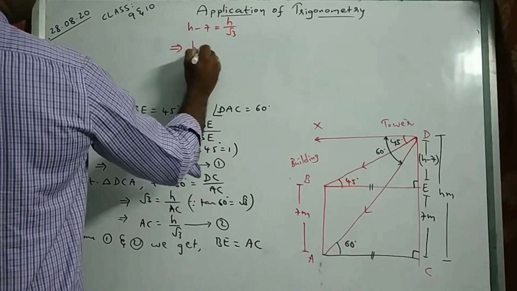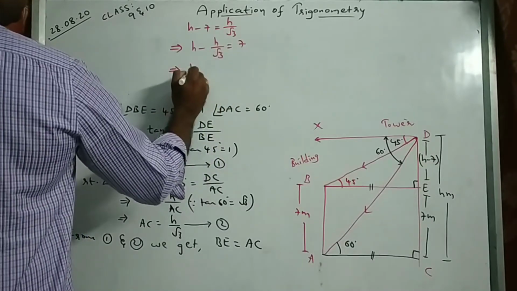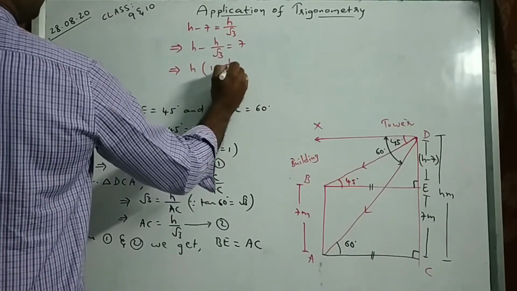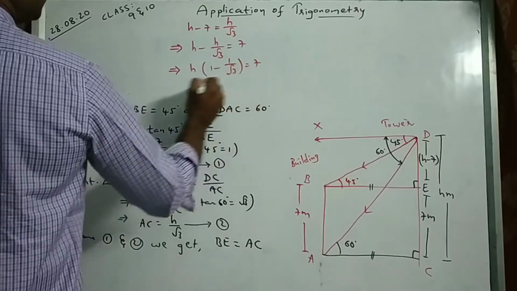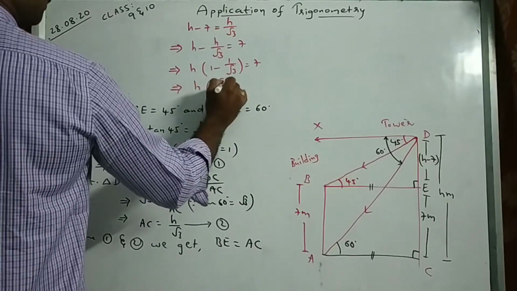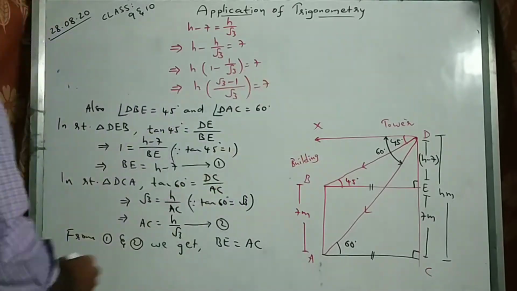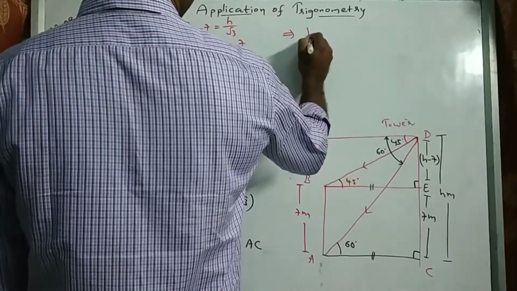So bring this side, h minus h by root 3 is equal to 7. Take h common, 1 minus 1 by root 3 equal to 7. So h into LCM, root 3 minus 1 by root 3, is equal to 7. Right? That implies h equal to